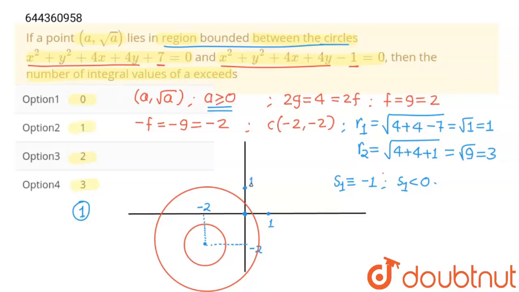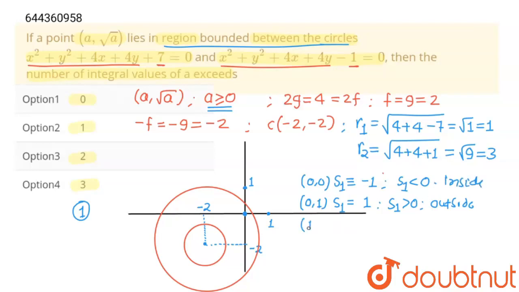Let's check whether (0, 1) and (1, 0) will lie inside the circle or outside the circle. So again I am going to find S1. This is for (0, 1), and that was for (0, 0). So I'm going to put x as 0 and y as 1. So 0 plus 1, 0 plus 1, 2 minus 1, which is 1. So S1 is greater than 0 in this case, so the point is lying outside. For the origin S1 was negative, so inside.